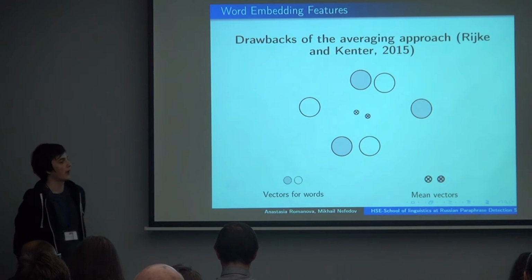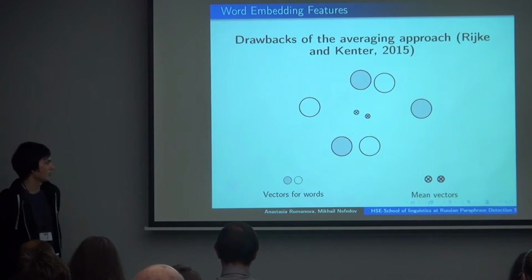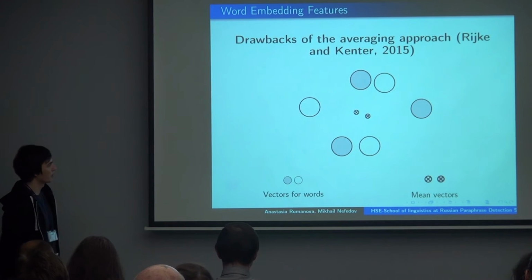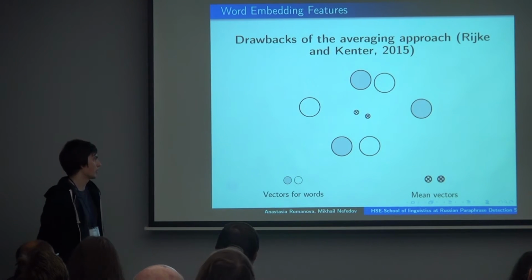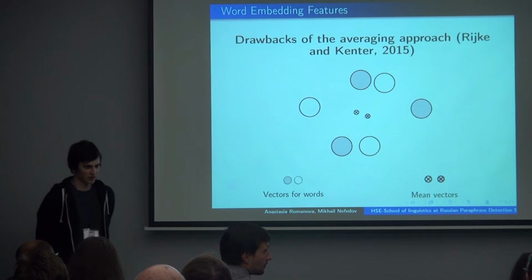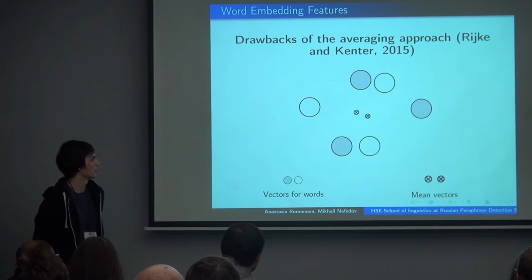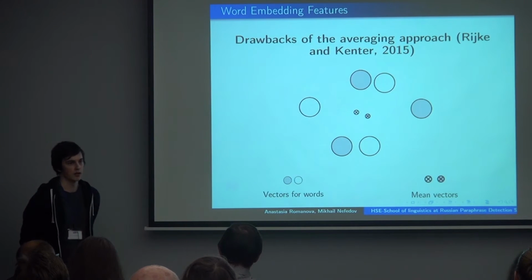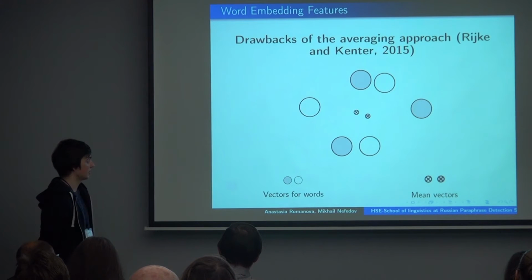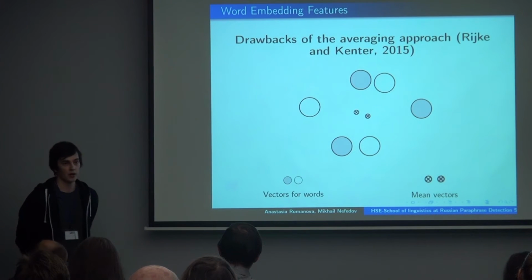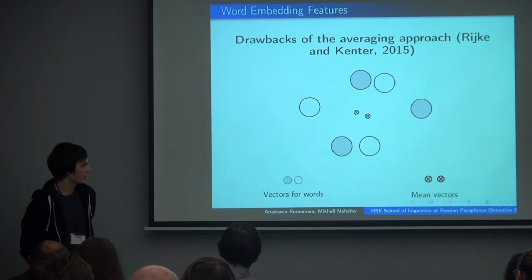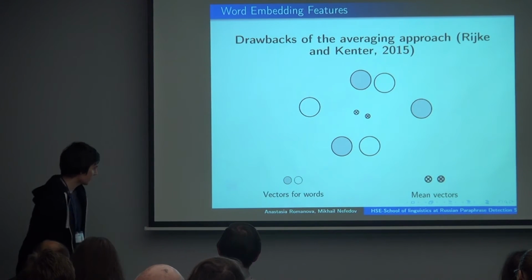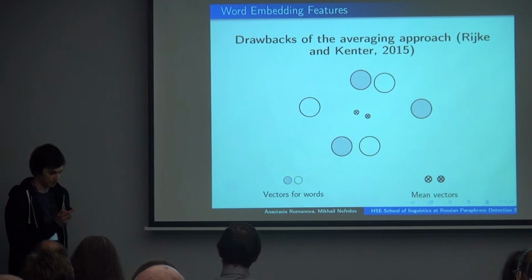But if we look at the words separately, we will see that while 2 pairs of them are indeed very similar, there is one pair of words that are different. This may not be very influential on the result if these words are functional and don't change the meaning of the sentence. But if these are, for example, verbs that change the meaning dramatically, we will make a mistake. To overcome these drawbacks,